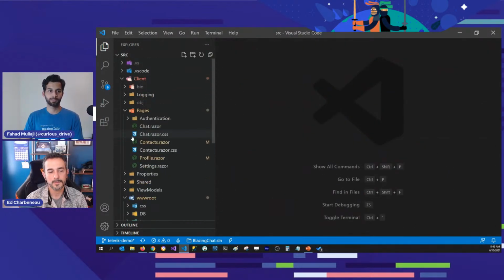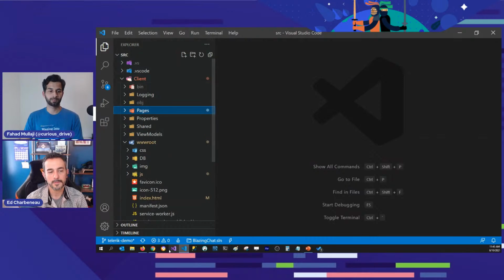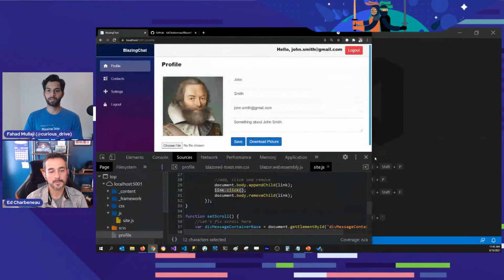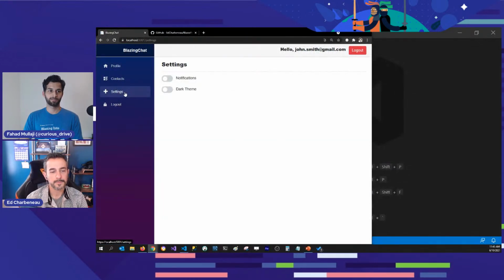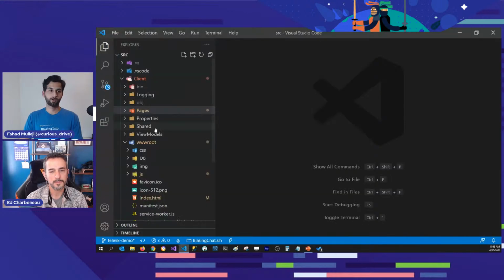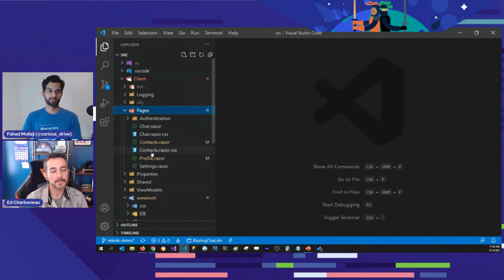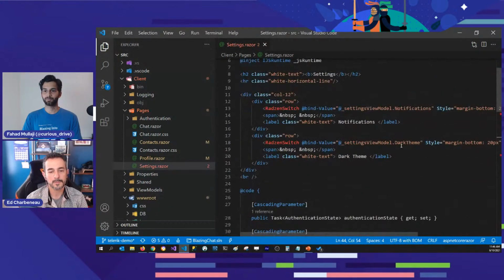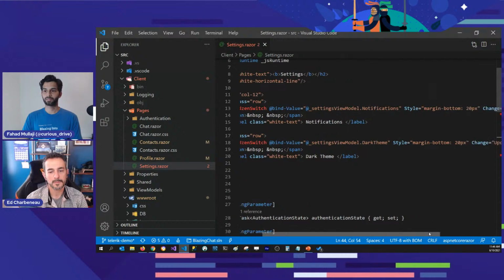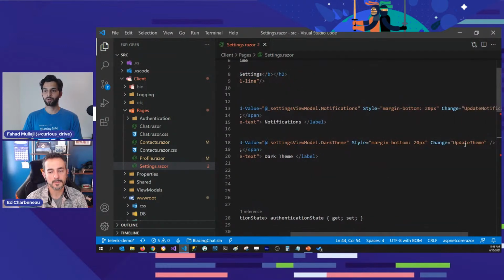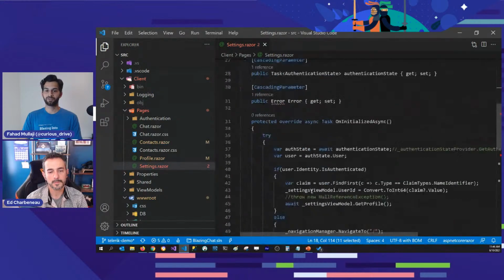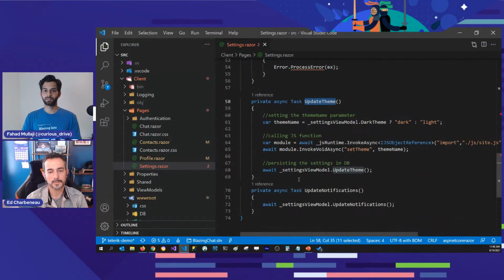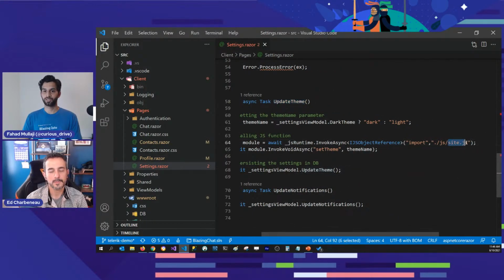It won't work because the JavaScript file is not added, but hang on. Let me try it and see if it works or not. So yeah, it's not working for some reason, but I'll talk about it. If I go to my settings page, here I have this method. Whenever this switch changes, I'm calling this update method. And if I go to the update method, here also I'm using JavaScript isolation to import that site.js, and then calling